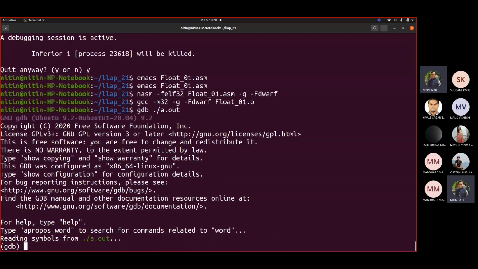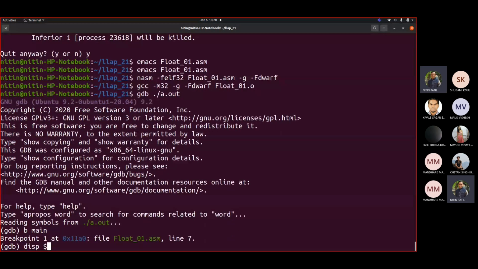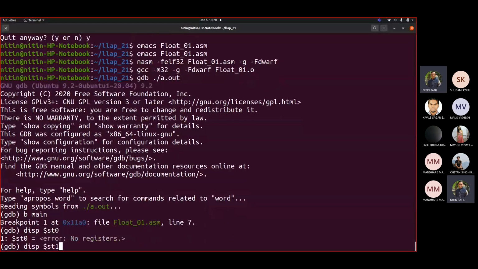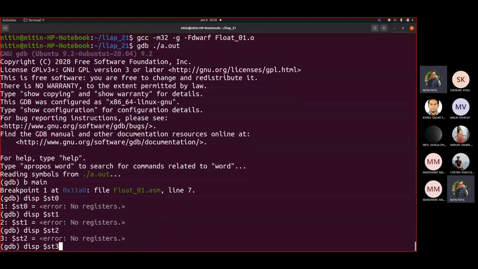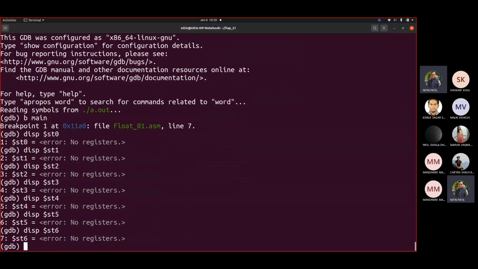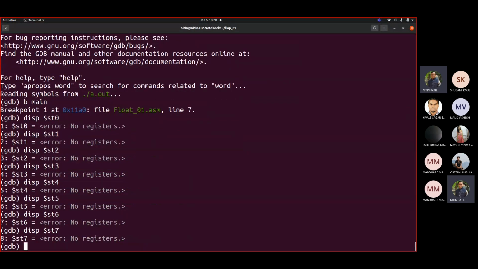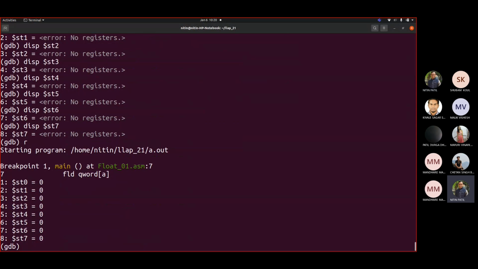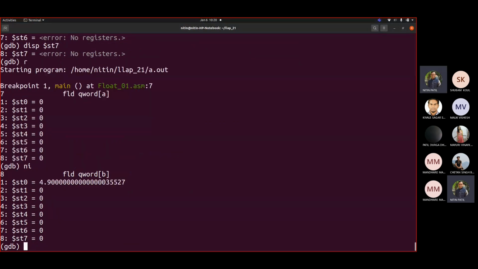Now GDB, breakpoint main, display $st0, st1, st2, st3, st4, st5, st6, and st7. So let us run. Now all of them are 0. So first FLD, 4.9. Now try to see, it may confuse.